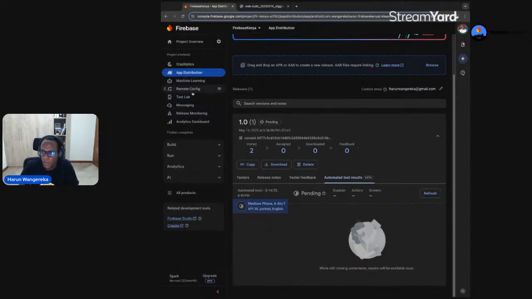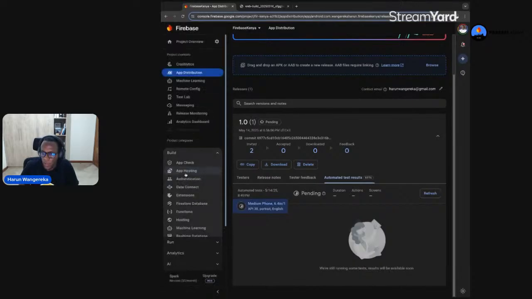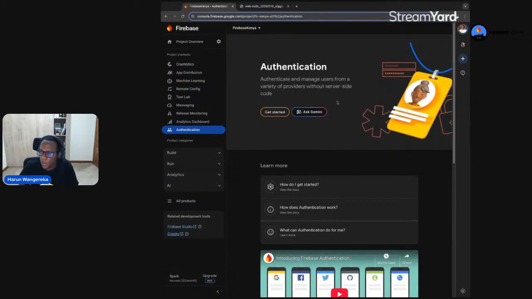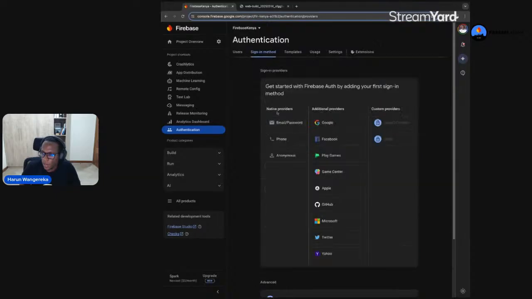And the other one was if you go to build, and then we have authentication. The other thing is every SDK inside Firebase normally has the get started, and all the documentation is very linked. From my experience using Firebase products, they're normally well documented, and it's easy for you to just follow along with their documentation and get yourself set up. So for example, if I click this one here,